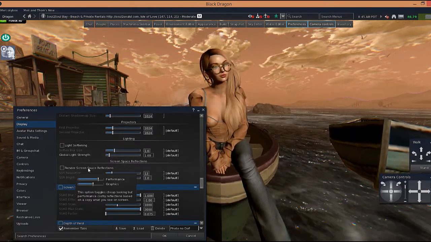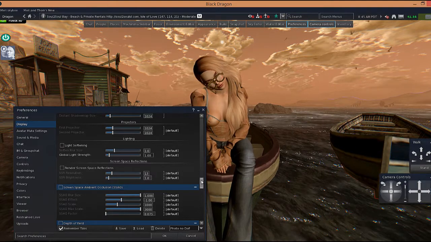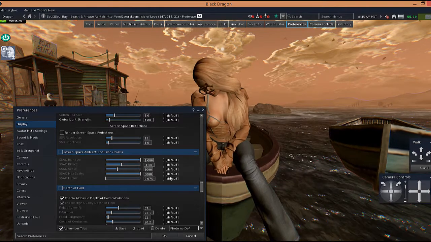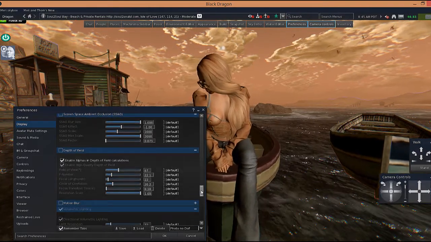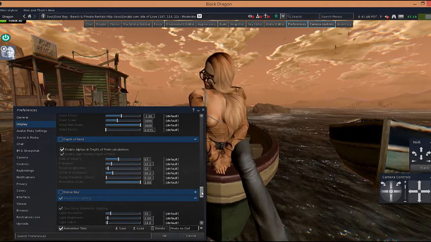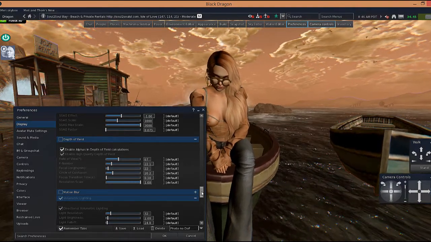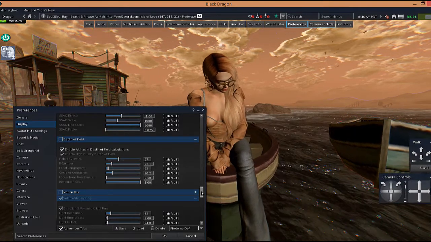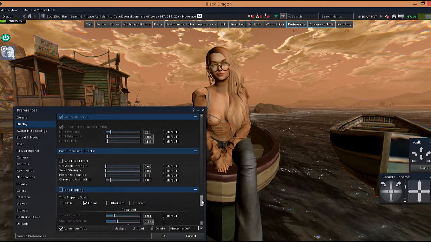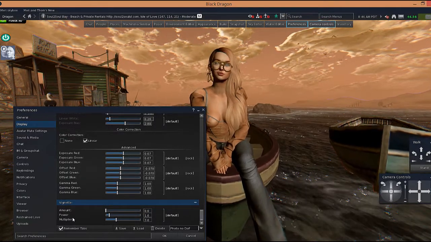Screen space reflections is something that Black Dragon warns against unless you have a monster PC, and I don't, but I do use them. The same with SSAO. I just stick it all on and hope for the best. The only exception to that rule being depth of field, which if I use it, I only use it when I'm completely ready, when I've taken several test shots and I'm ready to go with what I hope is the next big blog picture. So the great thing about this viewer, along with the Firestorm viewer I believe, is that